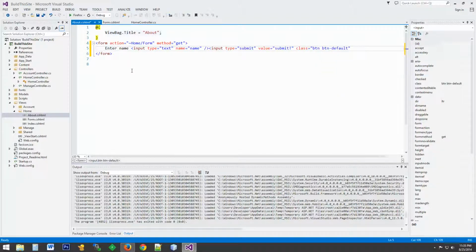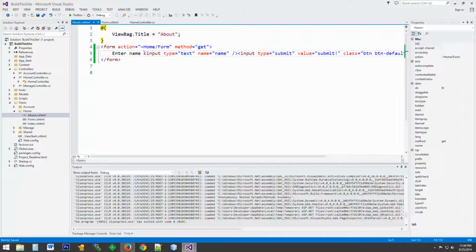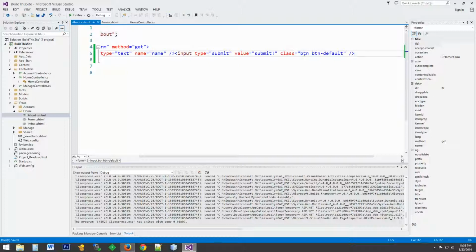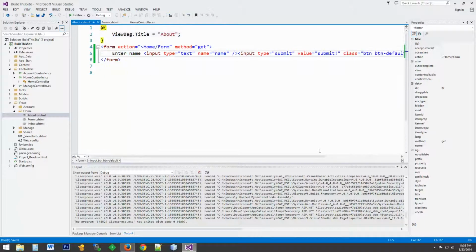btn btn-default. Now, if you're not familiar with HTML, this might seem weird to you. This is basically an input box. HTML is pretty easy to pick up if you don't already know it. It might be helpful though. And if you don't have any experience with Bootstrap, the class btn btn-default is just a pretty well-known button class in Bootstrap, and it's going to give us our pretty button. So when we run this,